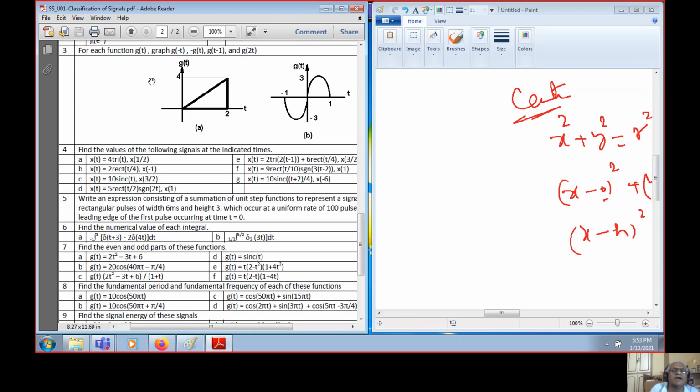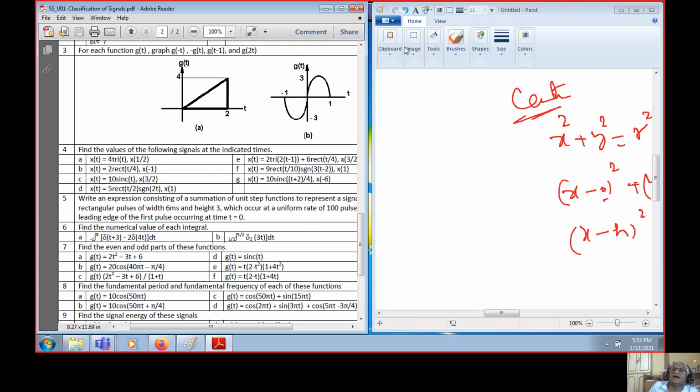Yeah, so here you can see plot for each of these graphs. Plot g of minus t, minus g of t, g of t minus 1, and g of 2t. I have explained for all of them. And apply the same thing for this waveform. So this g of t, it is starting at -1, ending at +1, and assume that all values outside -1 and +1 are equal to 0. So try this, very important.